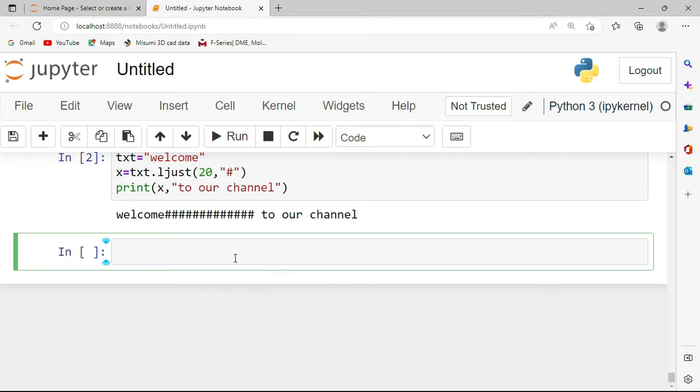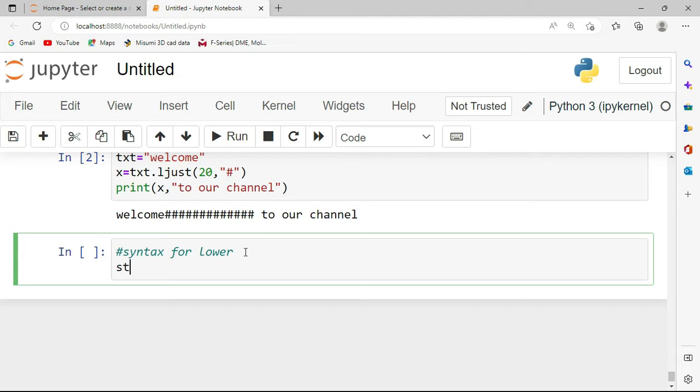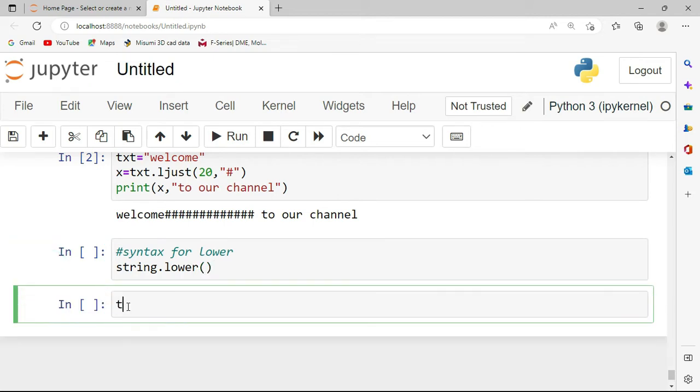Now let's move to the lower method. The syntax for lower is string dot lower. Let's see an example. I'm defining text as "Welcome", I'm keeping the first letter big, Welcome,